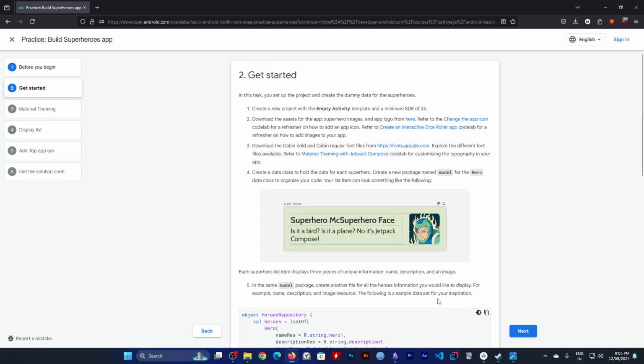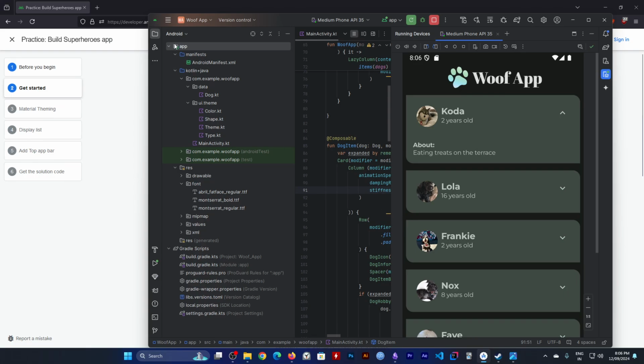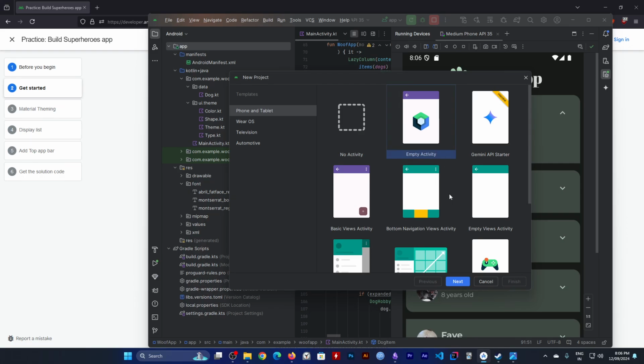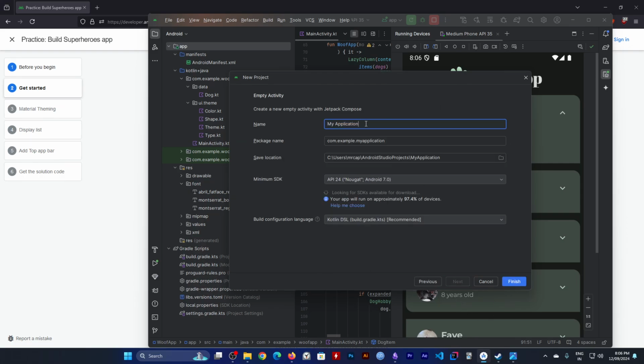So let's just get started with this superheroes app. Let's call it superheroes app. Nothing out of the ordinary, just creating